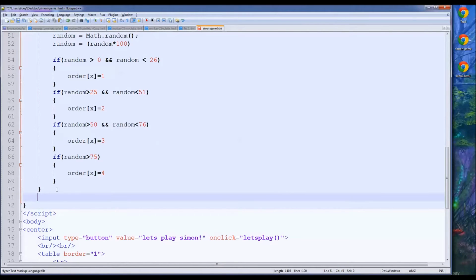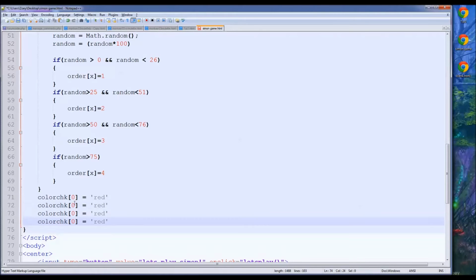We're going to put in color check 0. And we're going to make that equal to red, because this is our first color on screen. And we're just going to do 4 of these, can copy and paste them. You want to change this to 1, 2, 3. Remember, all the arrays start on 0. So our first color, our second color, our third color, and our fourth color. So red, green, blue, yellow. So I will be posting